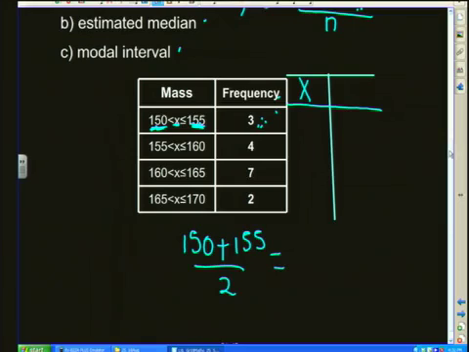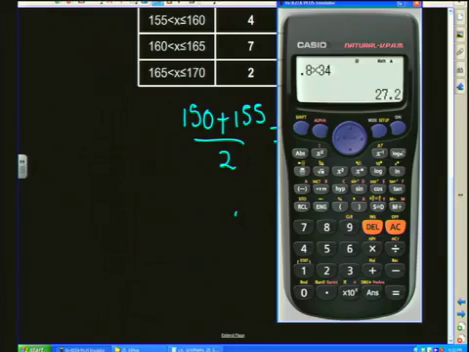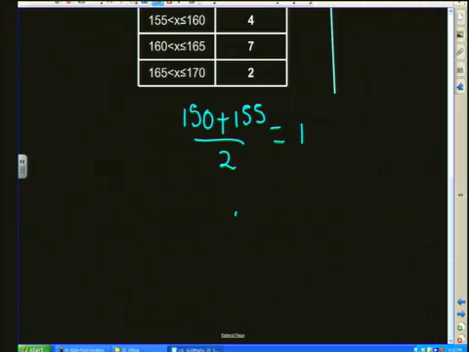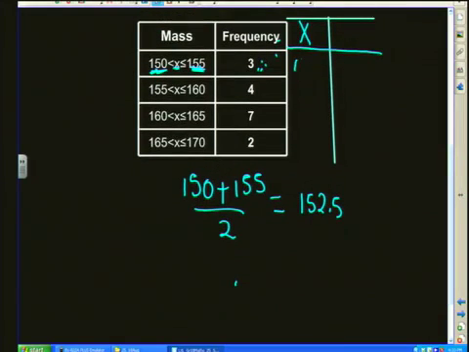Okay. And let's use our calculator. So it's 150 plus 155 divided by 2. That gives us 152.5. Can you do this all the way down the table? So first midpoint is